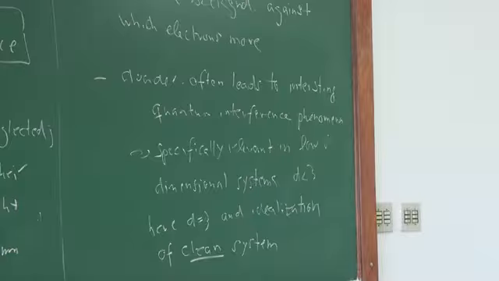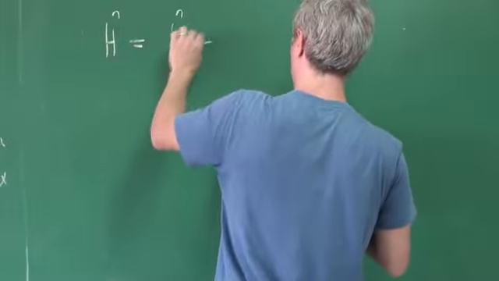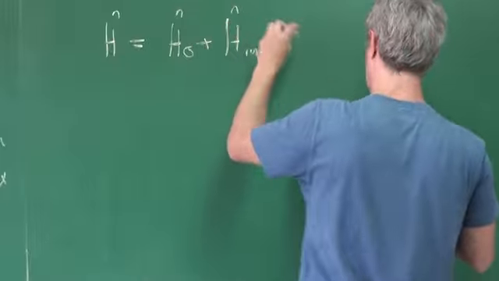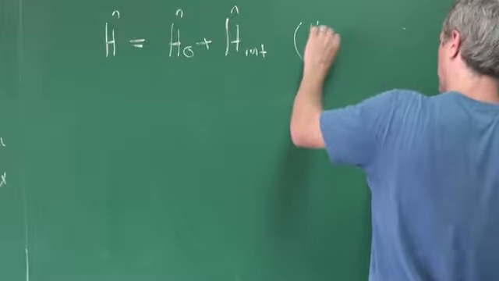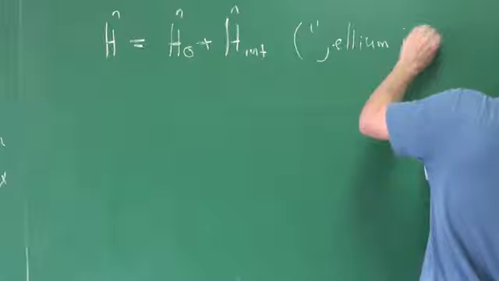That's the one we will now concentrate on to discuss these two issues here. So we have a Hamiltonian which consists of two parts. And it's also called the Jellium model,